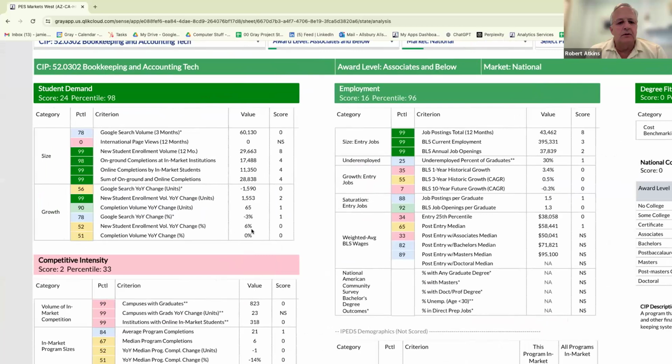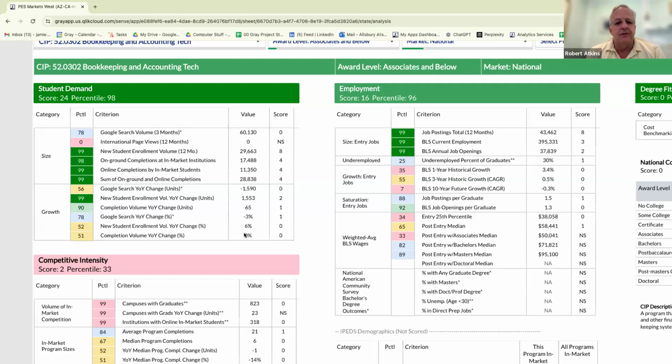Or no, it just hasn't grown as rapidly as the other programs. It's still staying a strong program. Yeah, it's interesting when you look at these numbers. This is sort of like your funnel. Google search is down a little bit. That's very forward-looking. That's the people who are thinking about going to school. Enrollment is what's happening more or less right now. That'll be fall enrollment numbers up 6%.